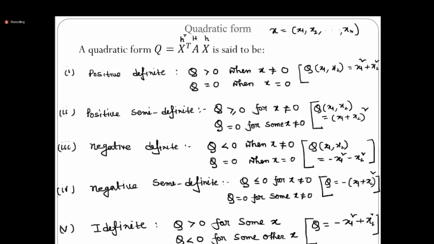Now, let us try to understand that if I have the quadratic form, then how it will be linked with that matrix A. So what is the importance of that matrix A for a quadratic form to be positive definite or negative definite or indefinite? To understand this, I'm going to take a very simple form of quadratic form so that we can get some idea of how we can deal with the quadratic form by only considering the matrix, or how we can understand when it will be positive definite or negative definite by just seeing the matrix. You need not think about what the value of x will be.